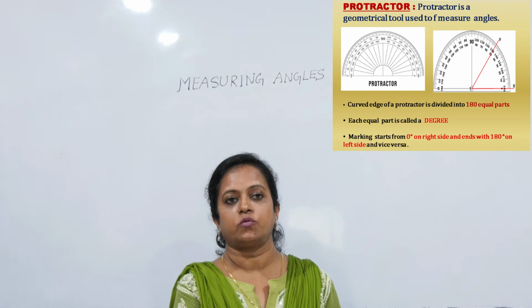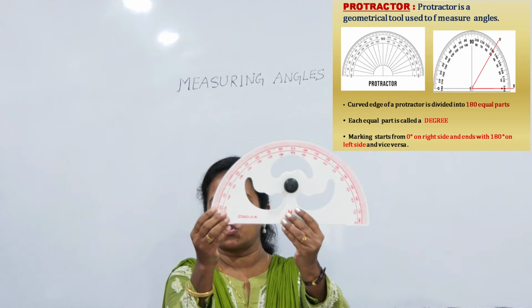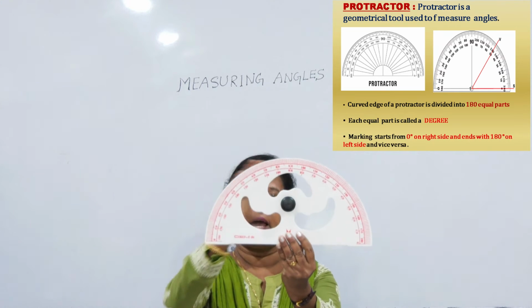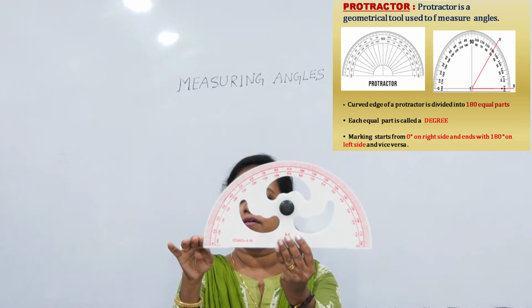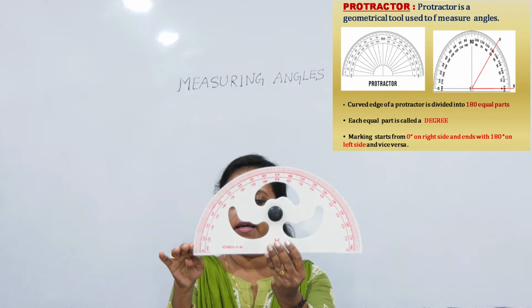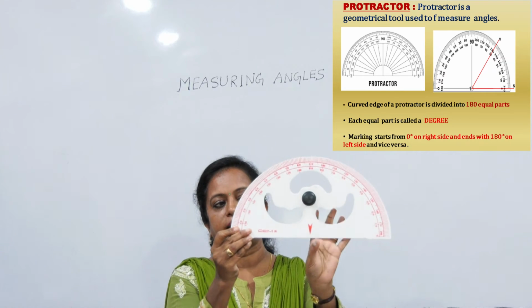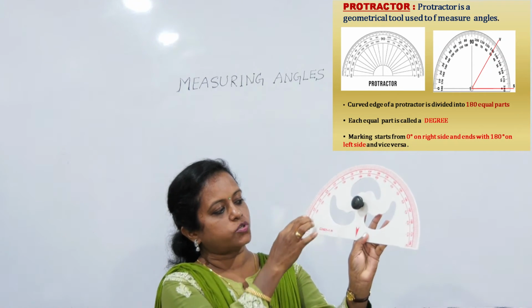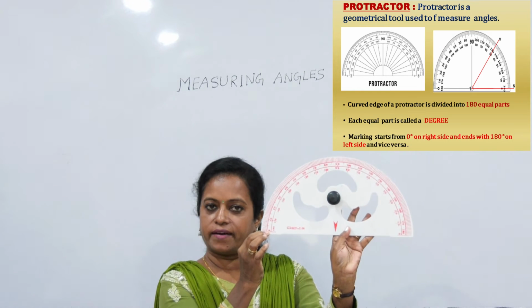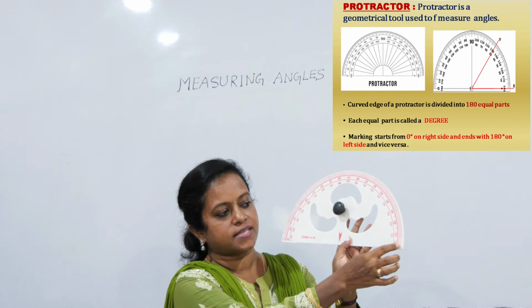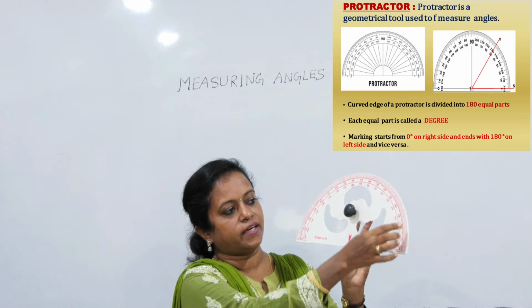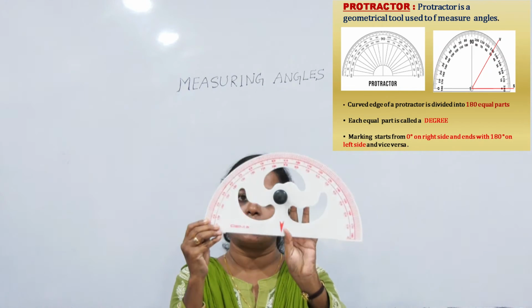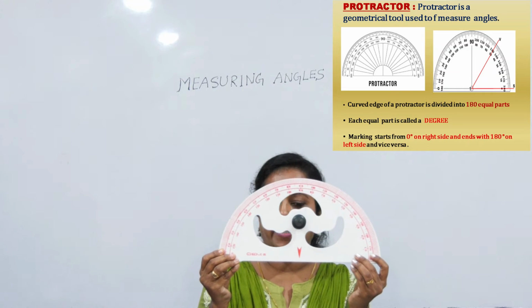Now in a protractor you must have seen that it has two edges. It has a straight edge which is the base of the protractor, and it has a curved edge in which you will see some markings. The markings at one end start from 0, and towards the other end end at 180 degrees, and another marking starts from 180 degrees and at the opposite end ends at 0. So this is a protractor which is used to measure angles.